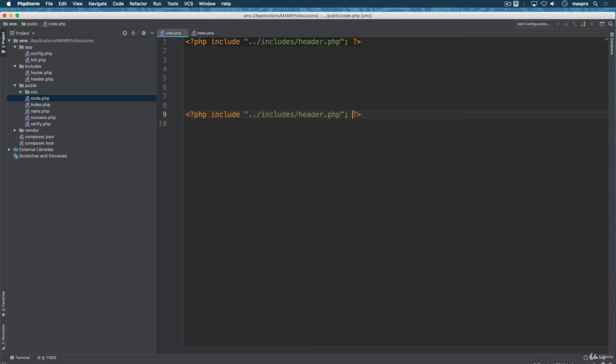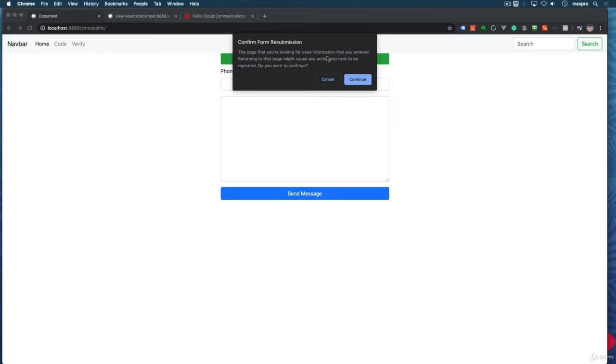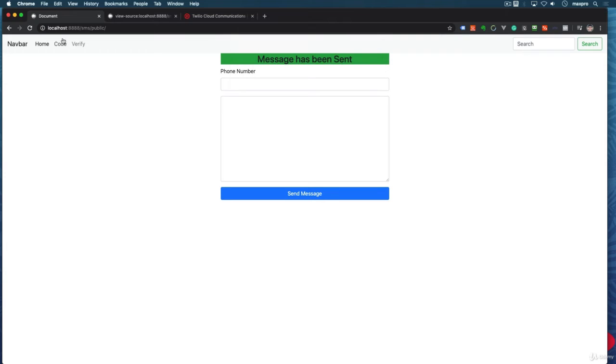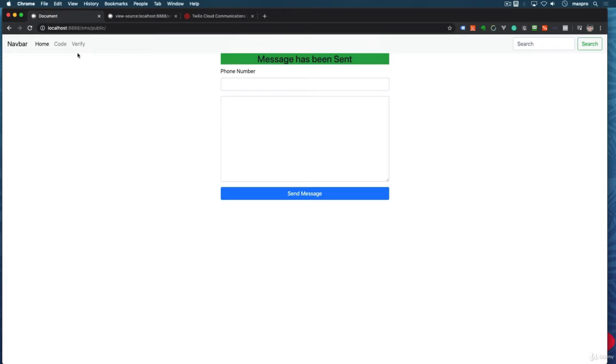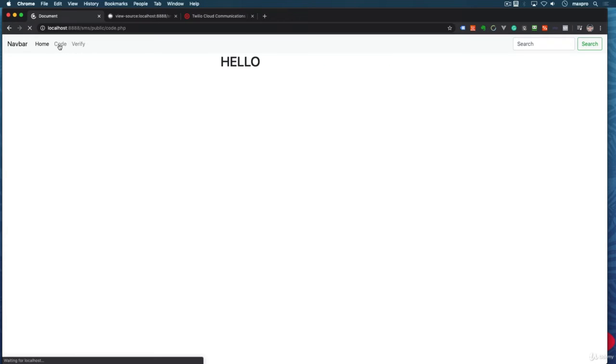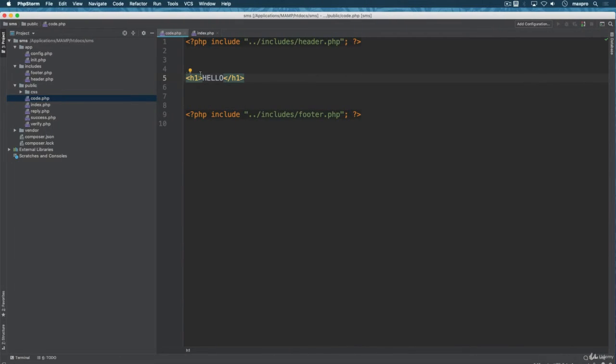Let's go and create the code page, code.php, and let's just say hello here. Let's see if that works. We need to fix this every time you refresh. That is going to submit it. We can fix that later, but you just have to check the form in a different way. If I click code here, we get that page. Okay,